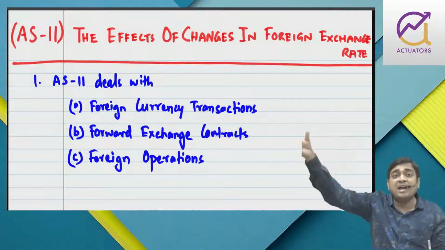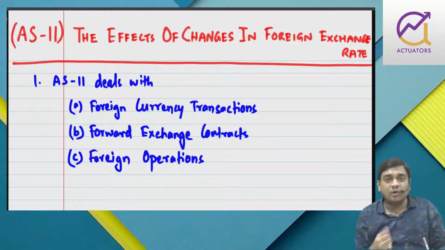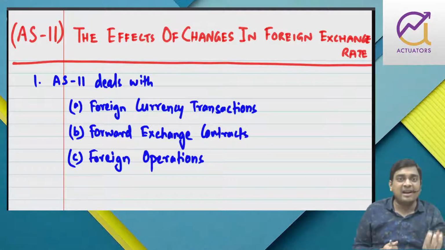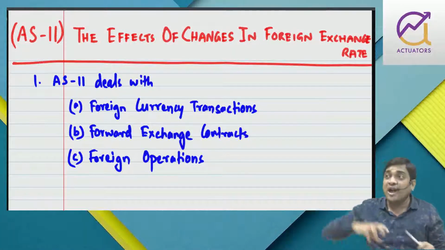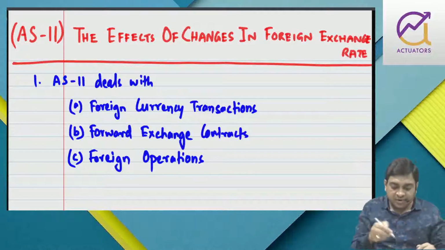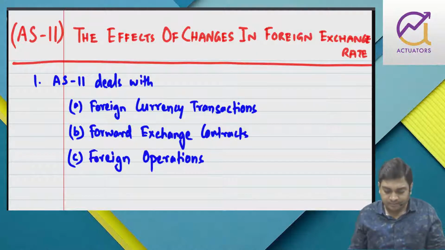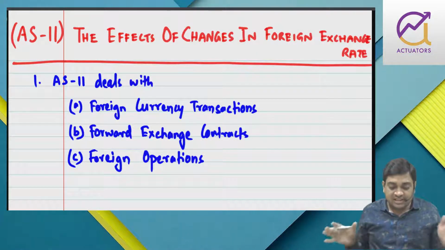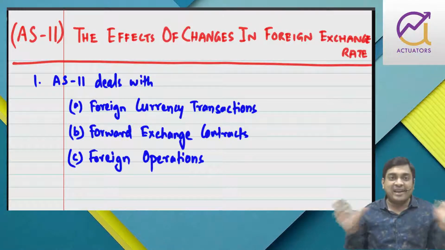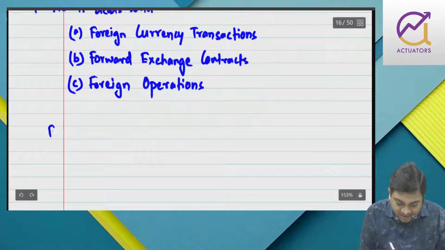Now the foreign branch final account is in dollar or pound, and my head office final account is in rupee. So I have to convert that foreign currency operation into Indian rupee. For that, this AS will help us, giving us some guidelines of conversion. So sir, what is this AS all about? This AS is very simple. We have entered a transaction. If I give you an example,